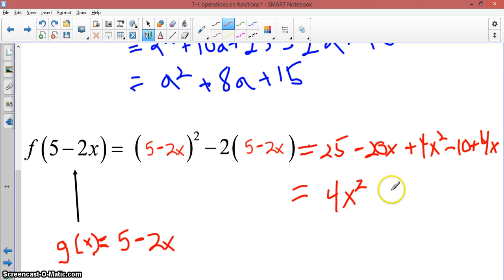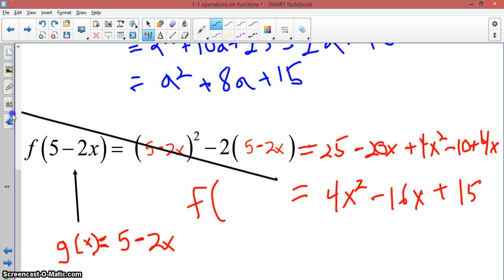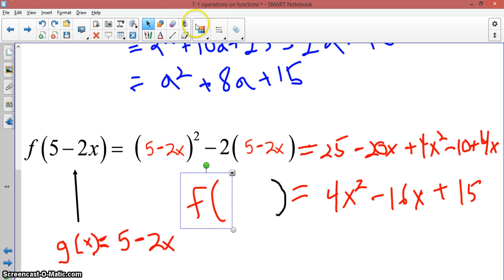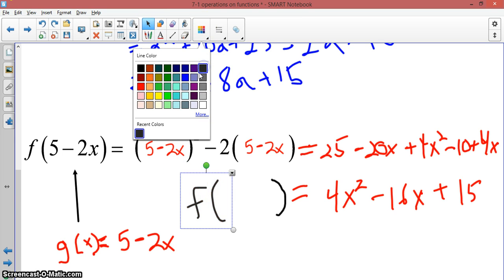Notice, as I keep on trucking here, that what we have is another expression that looks an awful lot like a function. I lost track. 15. So this is f, I'm using the black for f, and then with